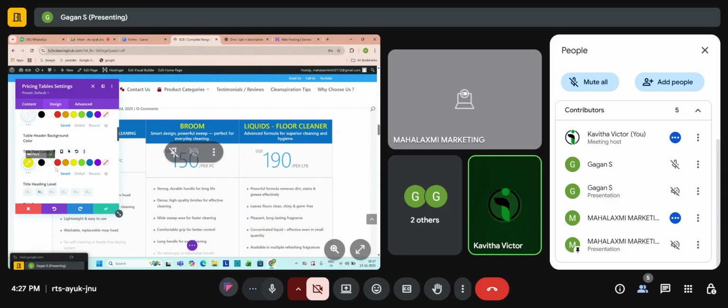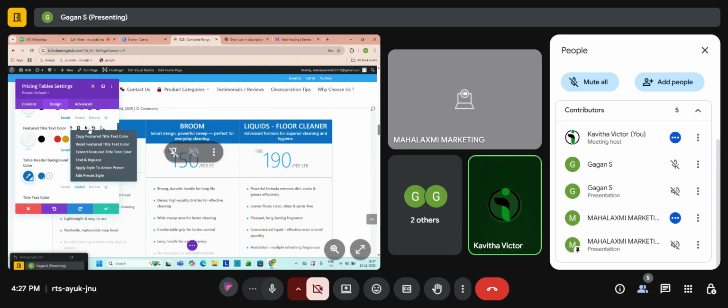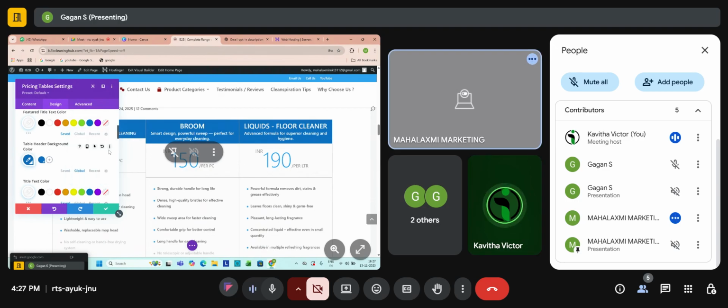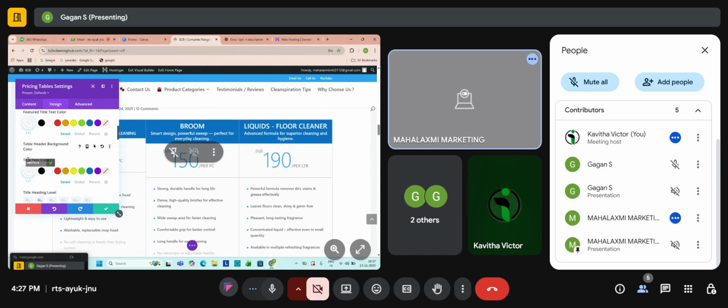Click on the three dots on the bottom. Table header background color, right? You have that color. Below that you have three dots.